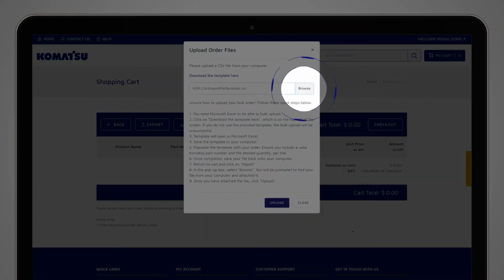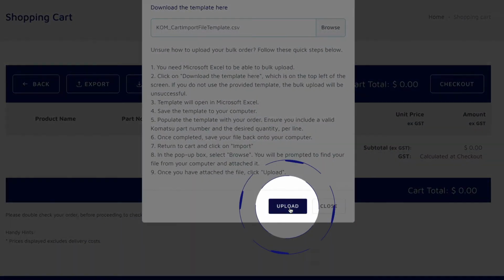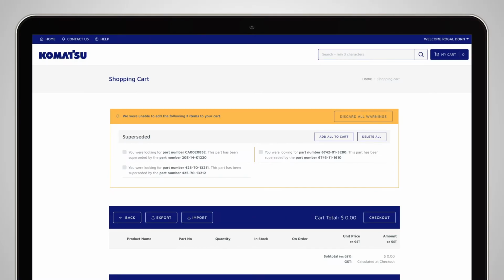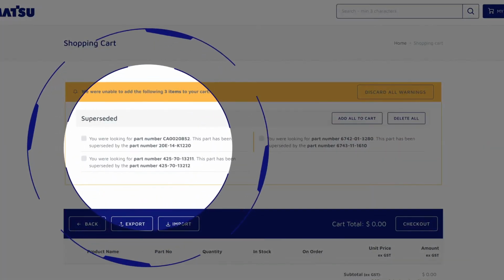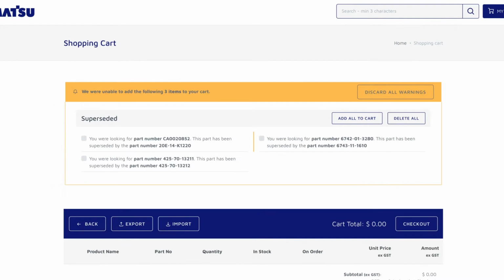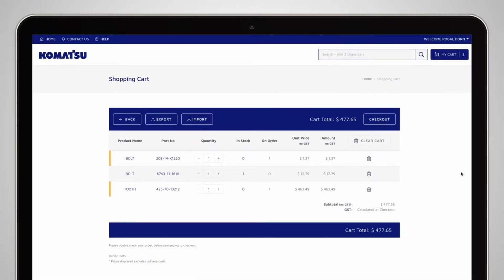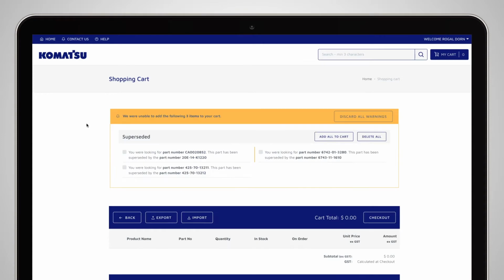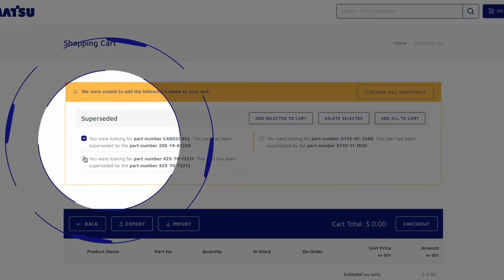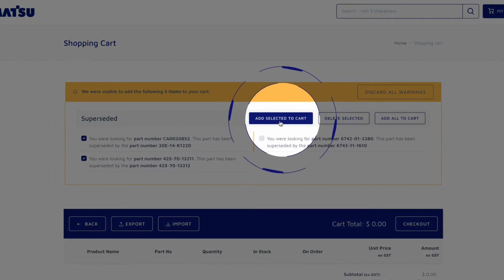Click here to browse your file, then click here to upload. If items are superseded, the suggested replacement options will show above the items in your shopping cart. You can click here to add all superseded parts to your cart. Or to add selected parts to your cart, check the box in front of the items and then click Add